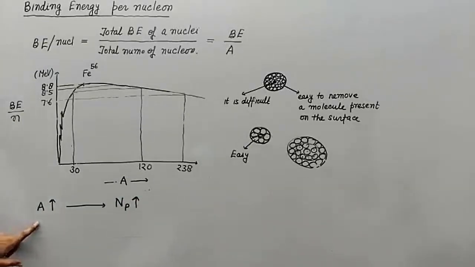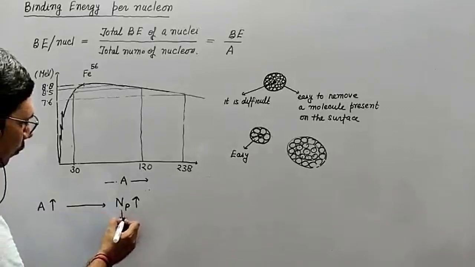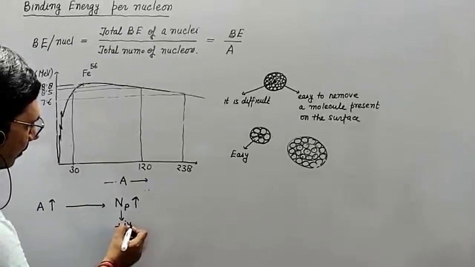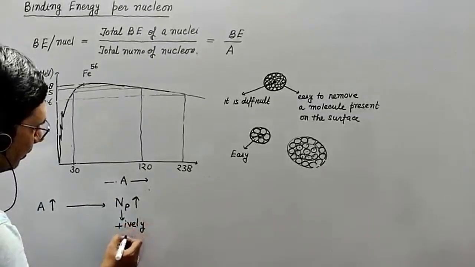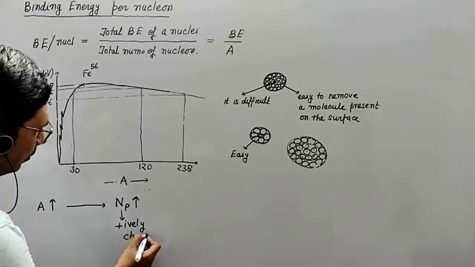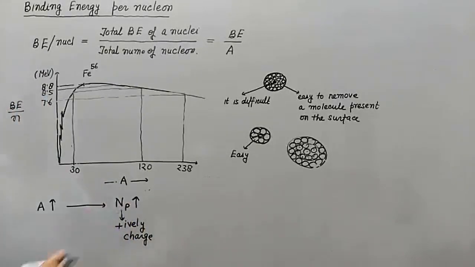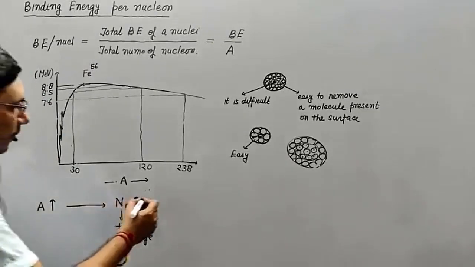These protons are positively charged. So as the number of protons will increase, then the Coulombian repulsion between them